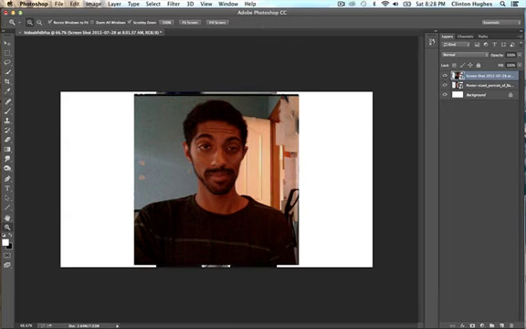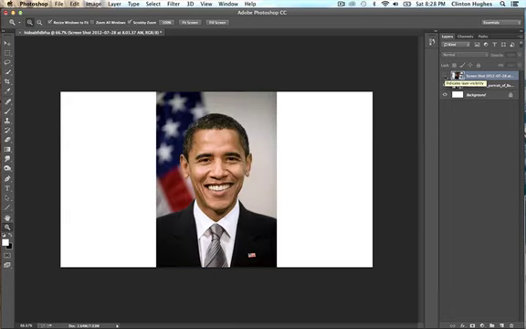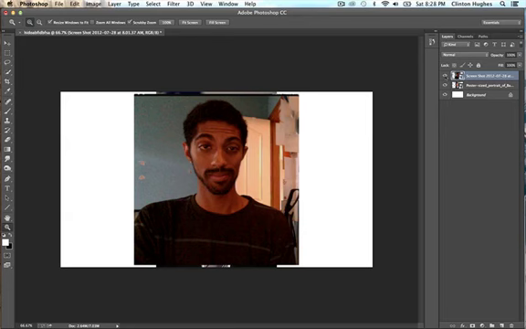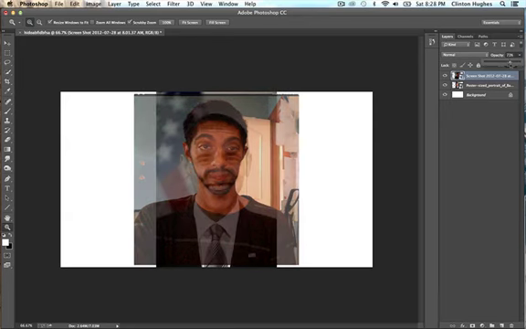Sweet, so we have it on 2 layers. Now what we want to do is we want to scale my head to fit his head, right? So what I'm going to do is I'm going to change the opacity of mine. Let's change it to like somewhere in the middle, like 50% or something. And then we're going to click